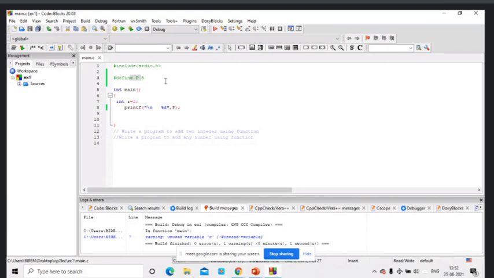Suppose, for example, in string.h we have multiple functions. Those functions you are not using in your code. You are using, let's say, only strcpy, but we have strcmp also. We have different multiple functions in the string.h standard header file. So why would it not increase the length?